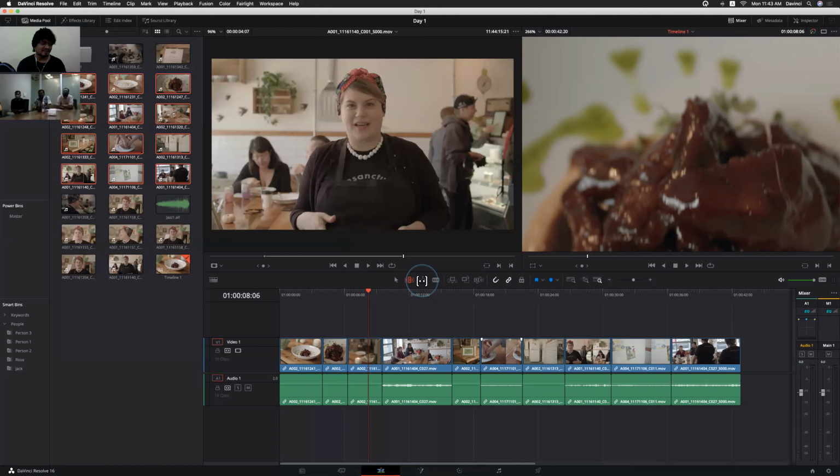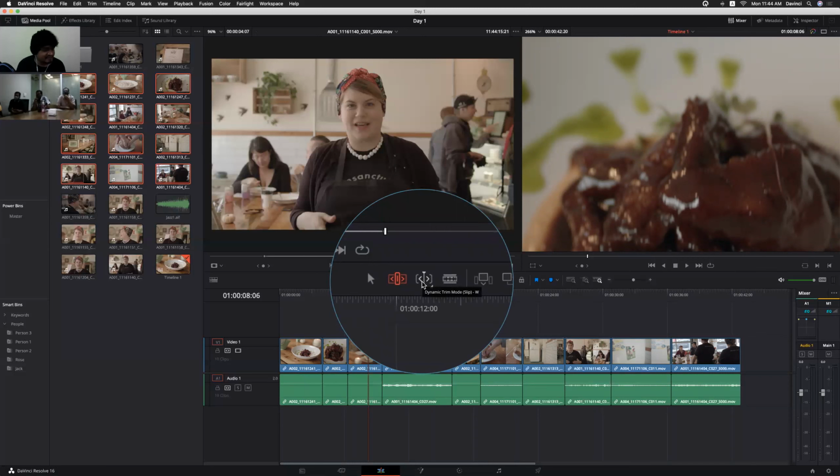It will open a separate window, right? While trimming, for example in Adobe, it will open up a separate trim edit mode window. We can do it frame by frame and everything, right? While playing itself, we can adjust the edit points. So the same thing we can do with the dynamic trim mode.